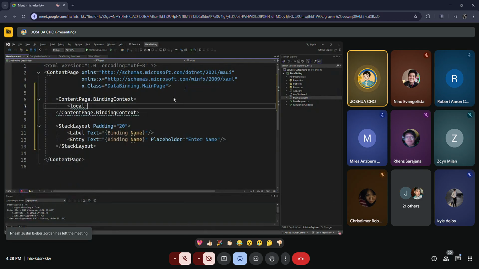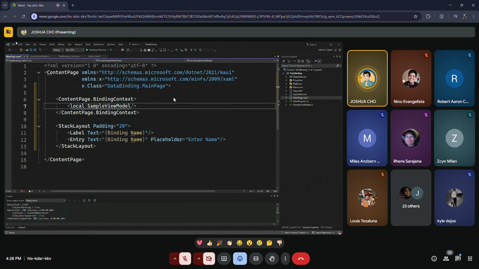So the name of the file is sample view model. Sample view model. Okay.